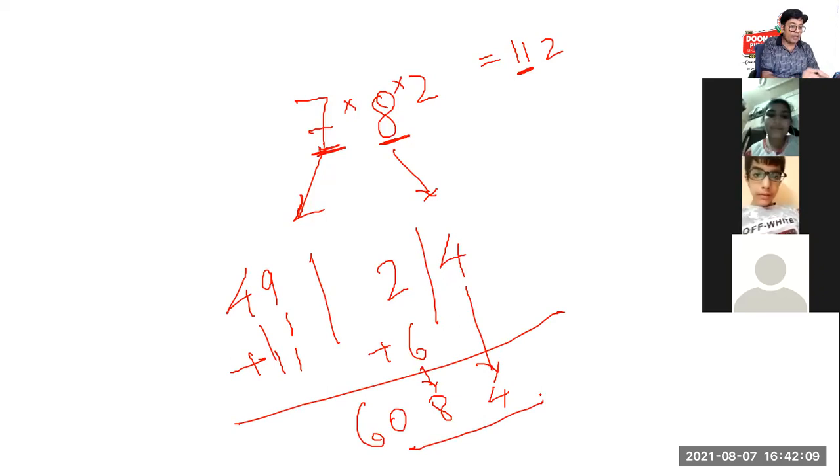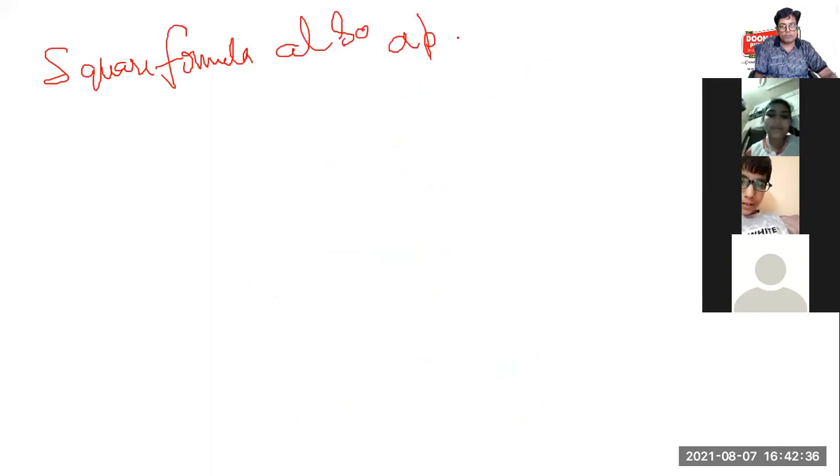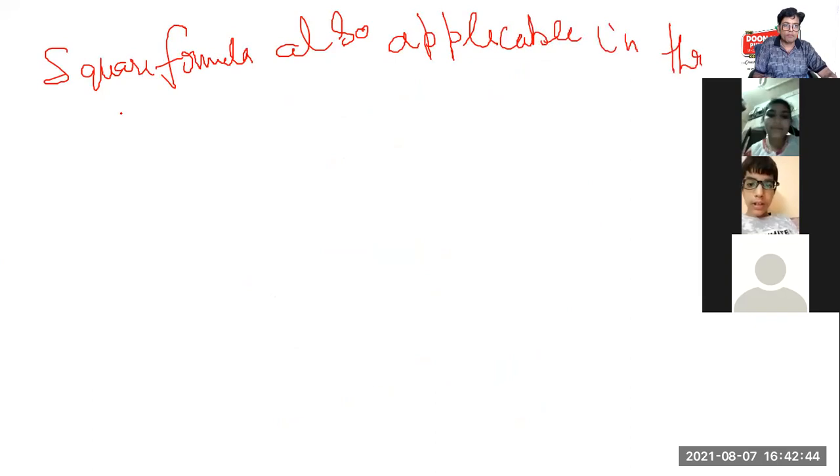Any 2-digit square can be done by this. Any 2-digit square can be completed by this. Got it? Okay. Now, the square formula is also applicable in 3-digit numbers if